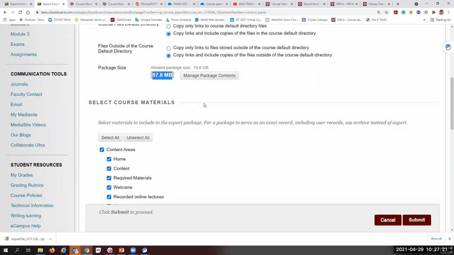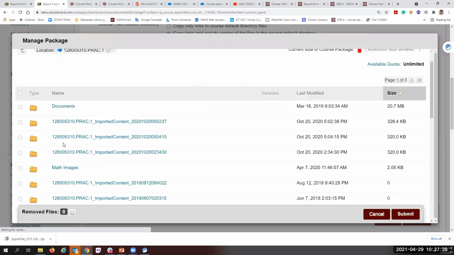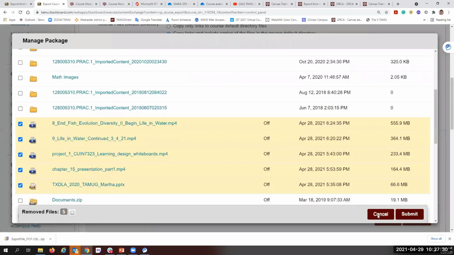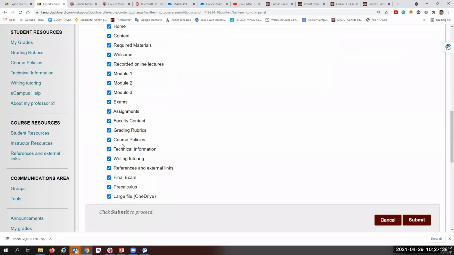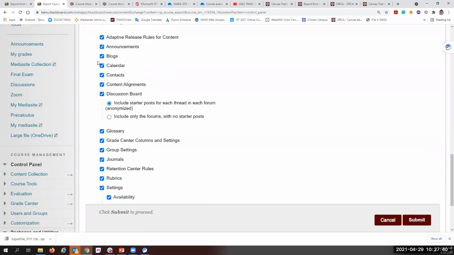Okay, so in this case, you will have a smaller package because you already removed these large files. I'm just repeating so you will know, okay? And then you hit submit. After you check what you want to migrate, you hit submit, and you will get the